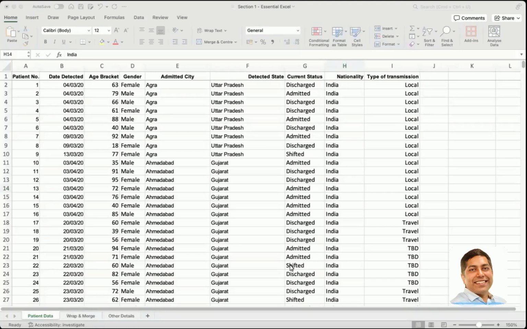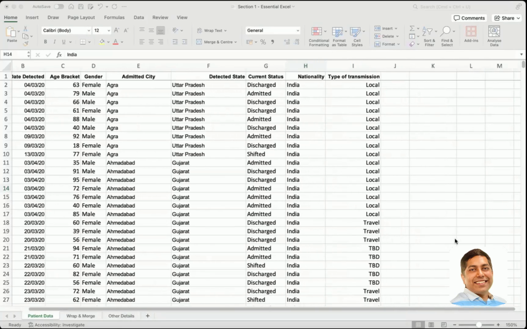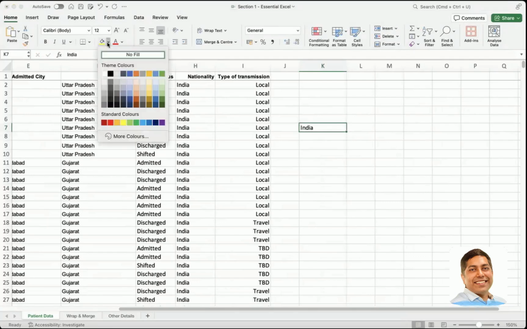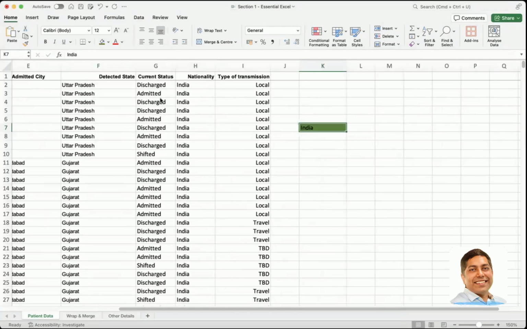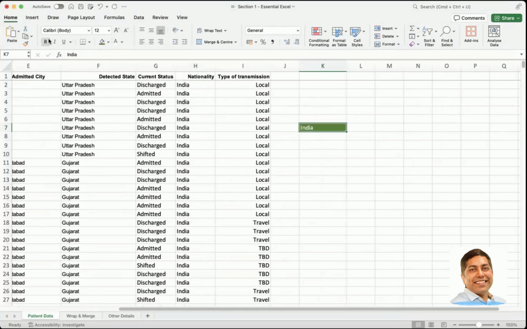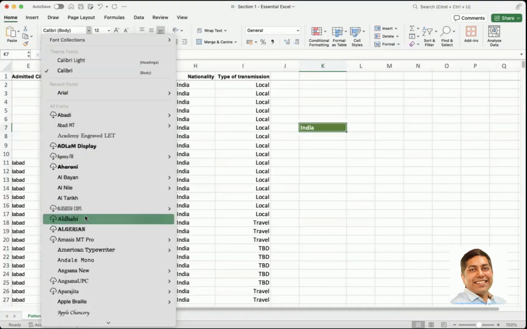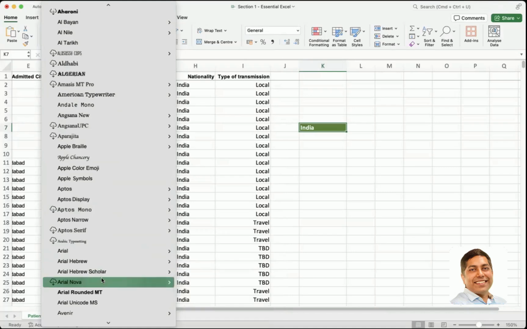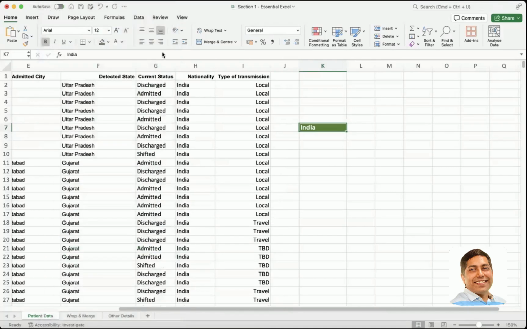Hello everyone. In this lesson, we are going to see first how to use Format Painter, right? So let me go ahead and show you. Let's say you have chosen a cell, and the cell says India, and you have already formatted it. Let's say the cell color is green and the font color is white. You made it bold and you made the font a different font, say Arial, and you have center line,